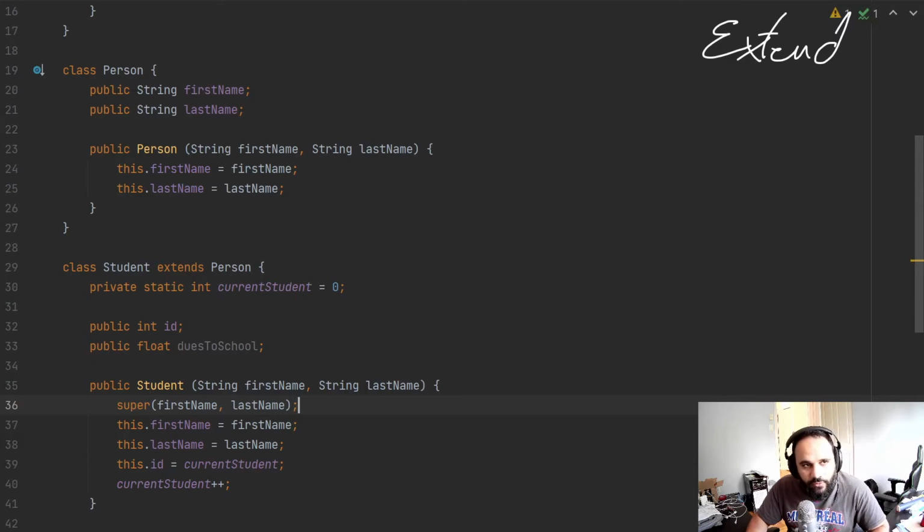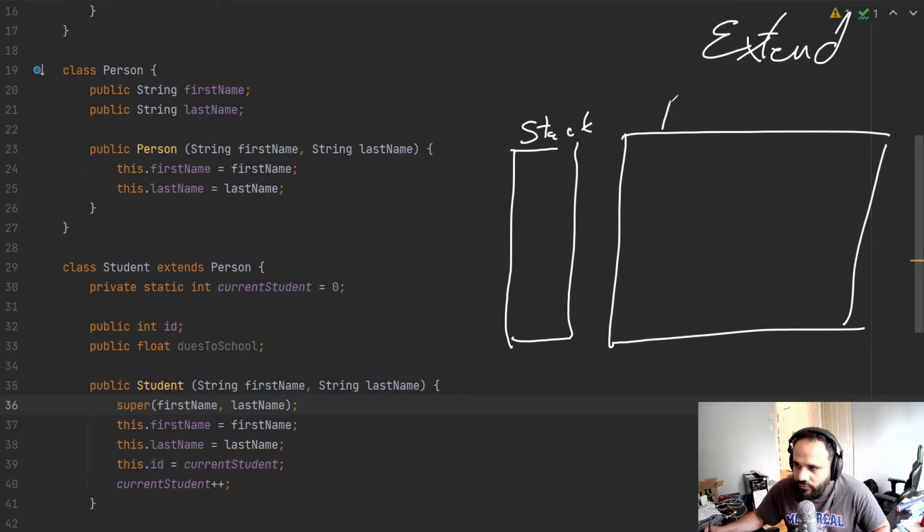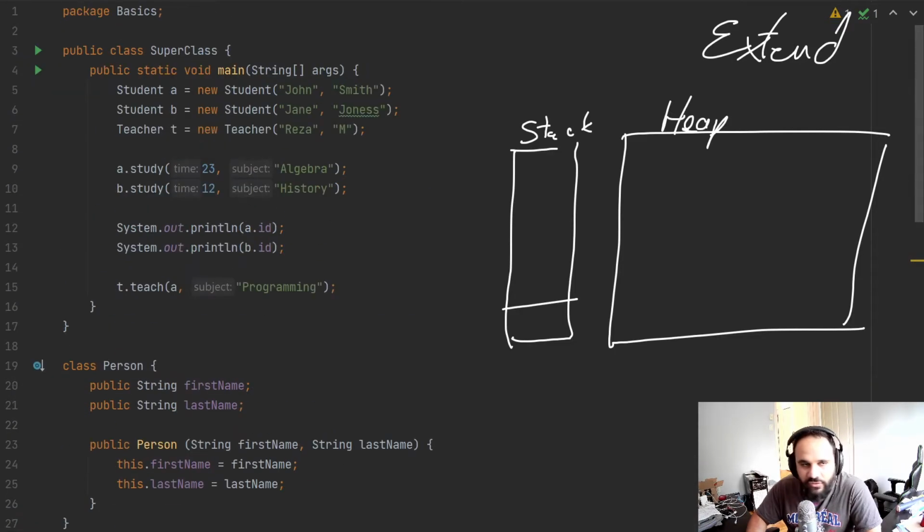And before we go forward, I just want to draw you a little memory thing. It's basically the chicken and the egg, but we're just going to do a quick thing here. So this is again our stack. And we could again do a heap. And again, we're doing this really quick, and over time we're going to evolve it more and more. So here, if I create a student, so let's scroll up one second. When I create student A,